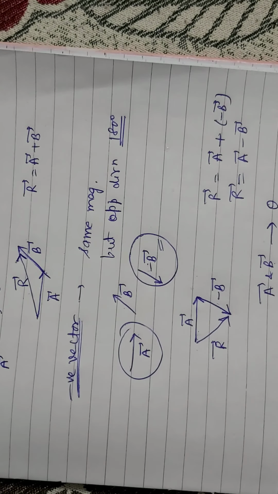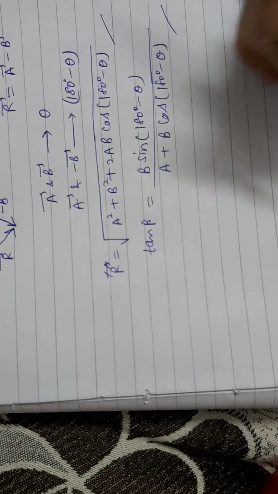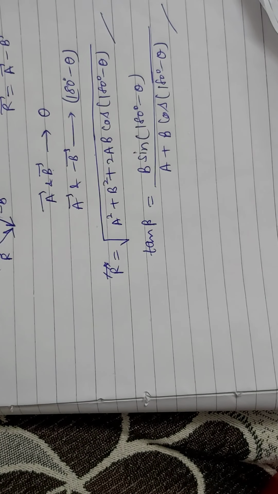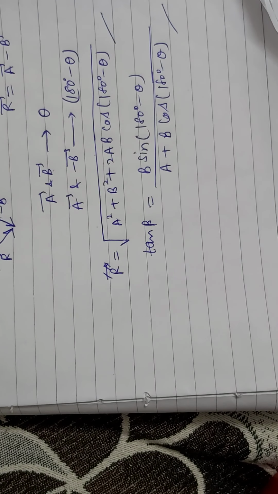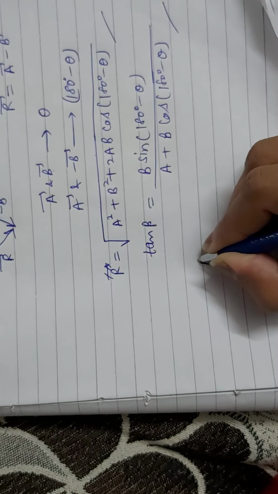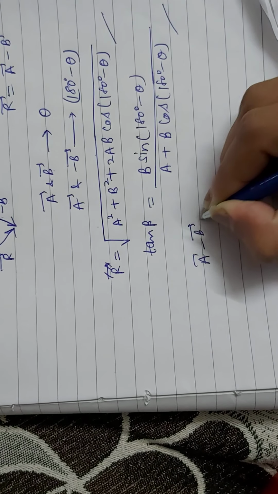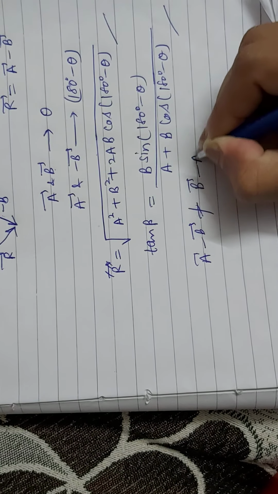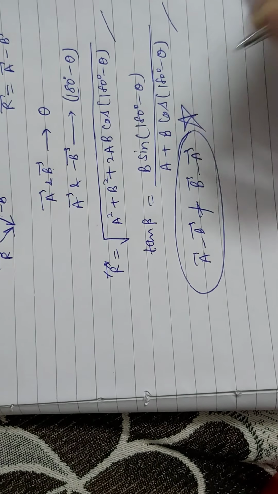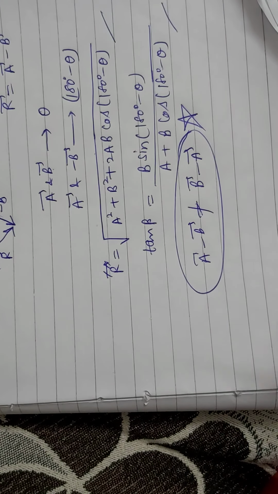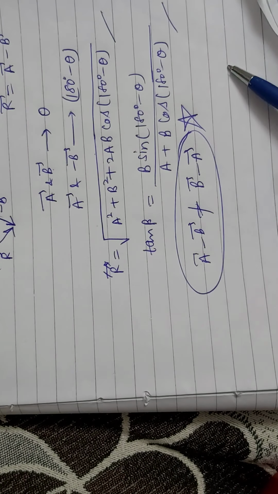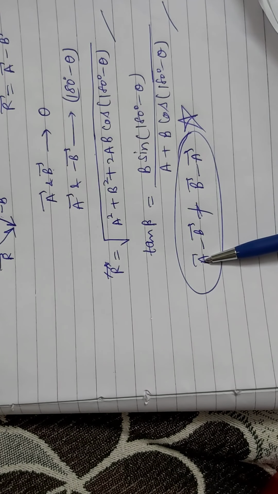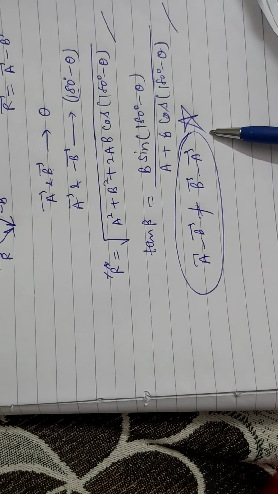At the end, I will tell you two more important things about this. Like in vector addition, we have discussed the properties, additive and commutative. Vector addition is commutative, but vector subtraction is not commutative. So A minus B is not equal to B minus A. Remember this thing, that vector subtraction is not commutative. Vector addition was commutative, but subtraction is not commutative. It means if we are doing A minus B, it is not going to be equal to B minus A.